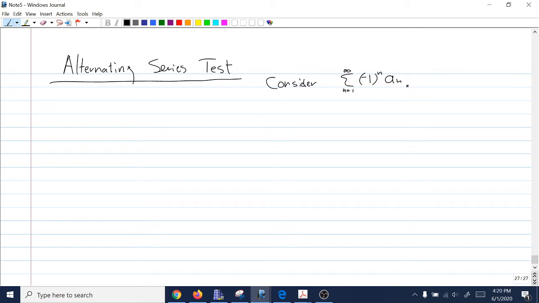I've written this like it's an alternating series. I don't actually know it's alternating unless I know the ANs are always positive. The idea is this -1 to the n is supposed to make the thing positive, negative, positive, negative, positive, negative. That only actually works if the ANs are all positive. So the -1 to the n is the thing that's in charge of deciding. So if AN consists of positive terms,